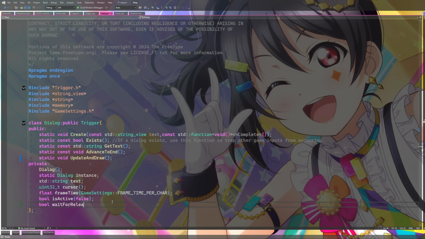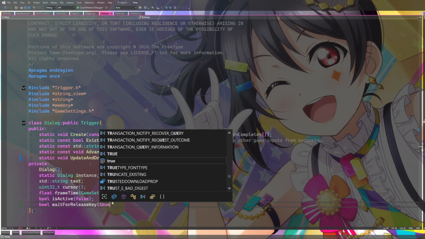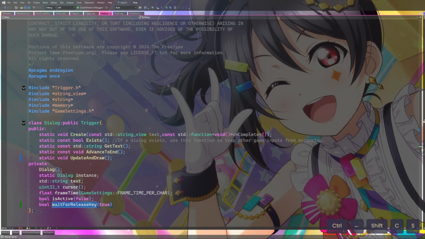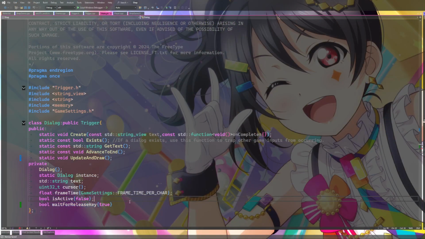Wait for release key, set to true. But also, it's more like we have to wait for a release not held. That's what we need to do. We have to wait for not held.